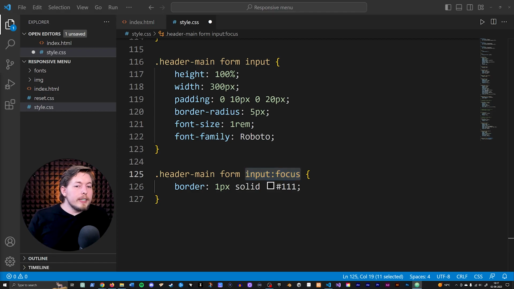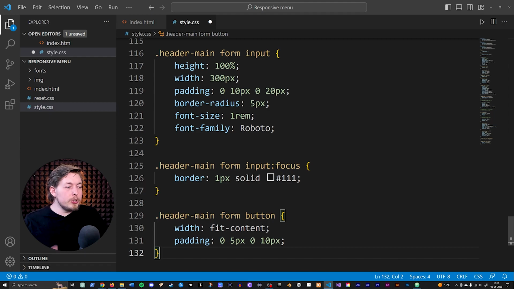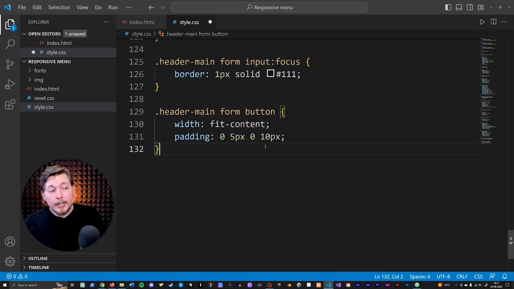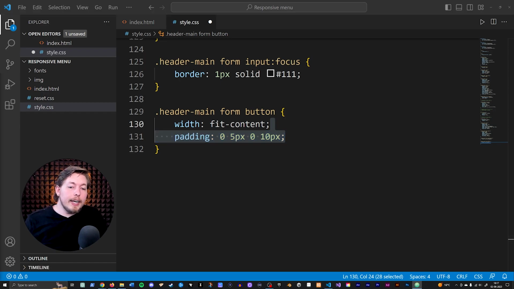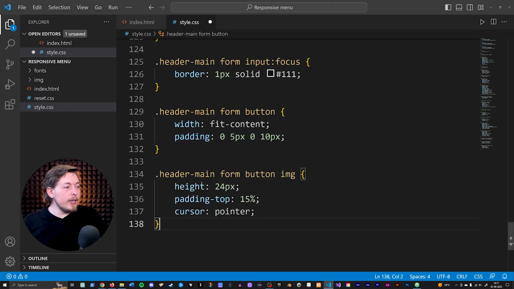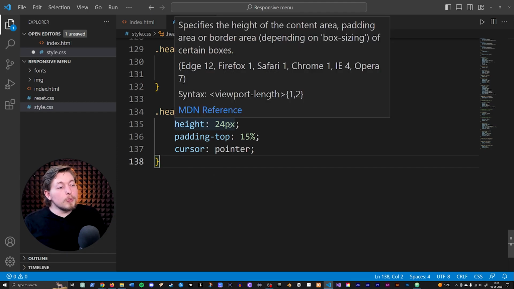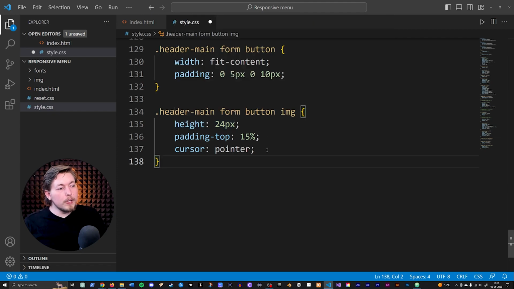And just to end it off here, let's go ahead and style the button, because we do have a huge image inside this button here, and I do want this to look proper when we refresh the website the next time. So I'll add some styling for the button. I'm just going to give it a width set to fit content and a padding to make sure it's rounded in the right places. I'm also going to add styling for the image, because we have an image inside this button, which is the little search image, the little magnifying glass, so to speak. I'll give it a height of 24 pixels, a padding to the top, as well as a cursor